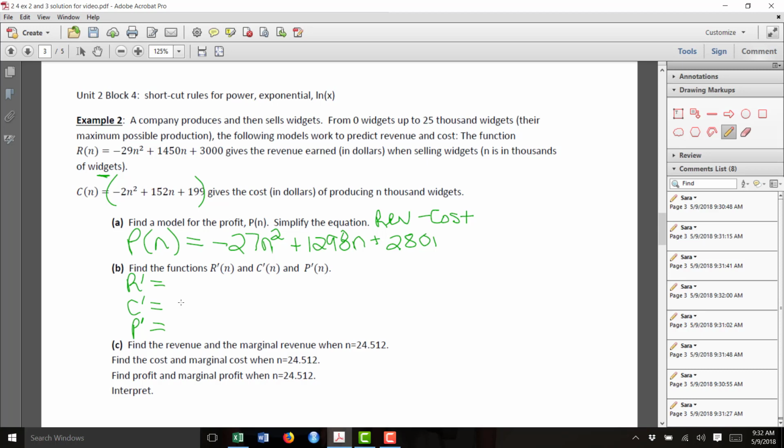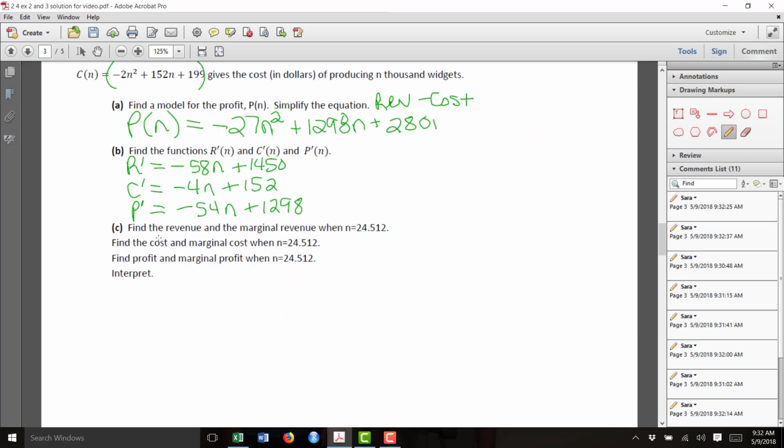So the derivative of R, we're going to drop down that 2, and we're going to get negative 58n plus 1450. We're going to take the derivative of C of n, so we get negative 4n plus 152. And lastly, we take the derivative of the profit function, so we get negative 54n plus 1298. It asks us then to just do some evaluating, find the revenue and marginal revenue, cost, marginal cost, profit, marginal profit at n is